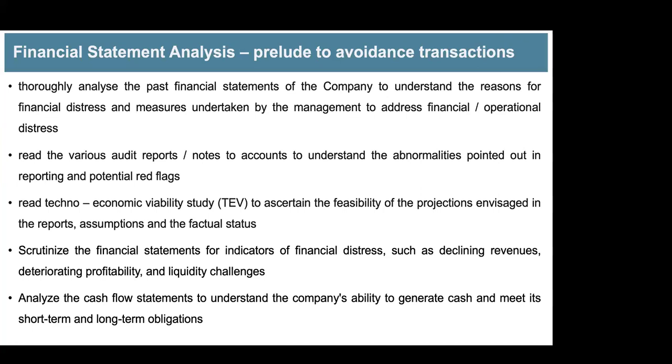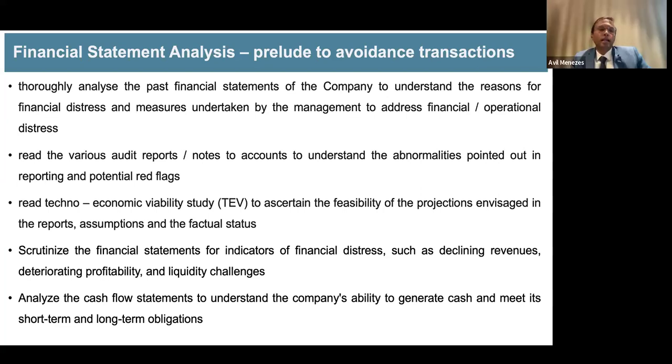But now the matter is sub judice before the adjudicating authority, and he has taken the stand of the ABG Shipyard Supreme Court judgment. In the ABG Shipyard case, the Supreme Court held that since the company was not a going concern, if the RP has not paid, then it's okay. But if the RP proved that the company was a going concern, then the RP is obliged to pay the salary. Here in my case, the company was partly a going concern, and the resolution plan is approved. That is what I'm telling you, sir.